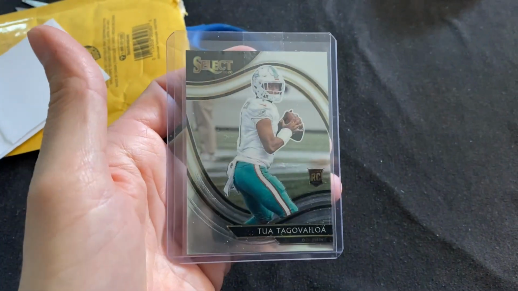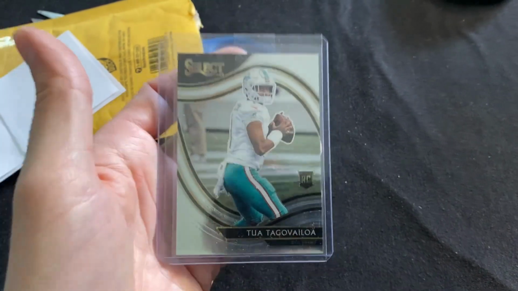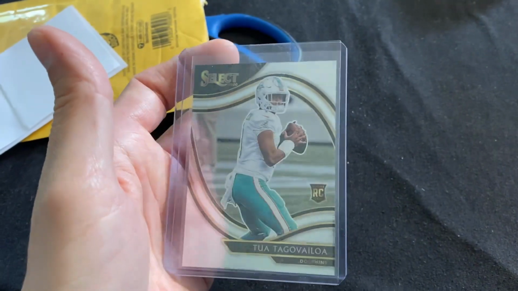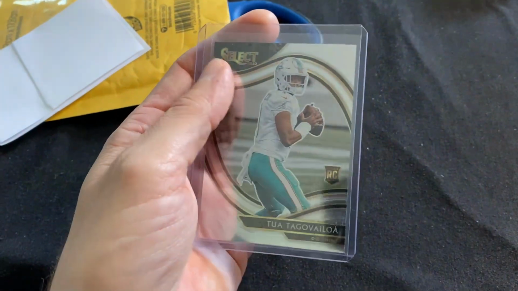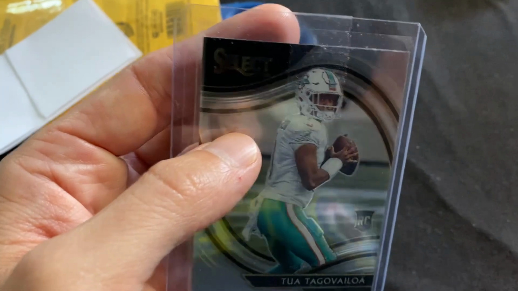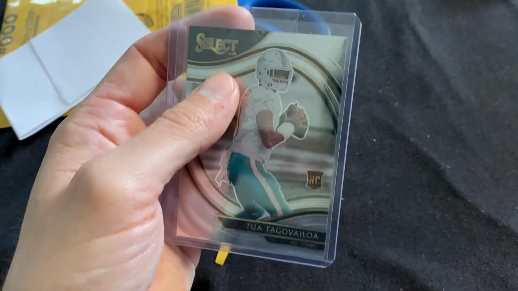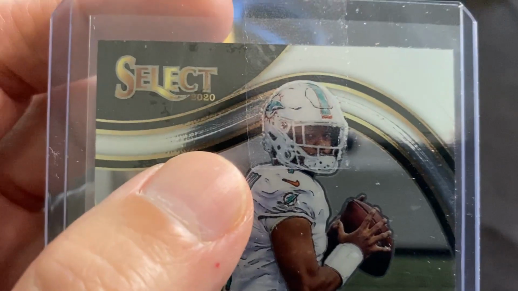So check it out, y'all. Just a base field level, but it may be base, but it's field level, and it's so much rarer. It's exponentially rarer than any other select variation or prizm. I mean, more rare than base prizm, more rare than base optic, base donruss. It's the most rare base card I think you're going to find in the 2020 product, in any of the 2020 Panini product. And I only know this